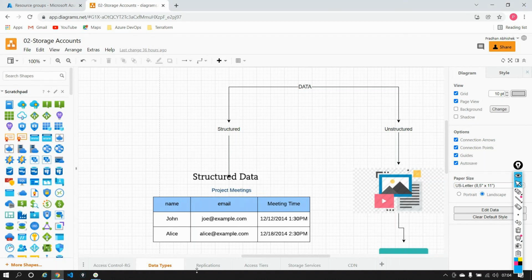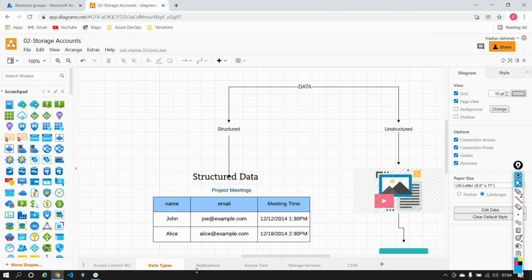And one question, guys, is that after creating the name of the storage account, can I change the name of the storage account? I cannot. Can I change the location? Cannot. We also discussed something about the performance types, something known as a standard storage account and a premium storage account. We said a standard storage account comes with a hard drive, whereas a premium storage account comes with a solid state drive. So the performance is better.